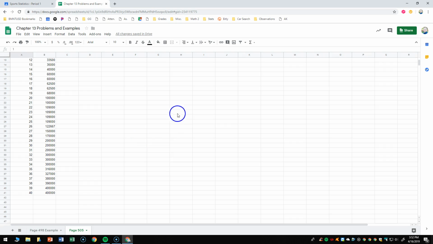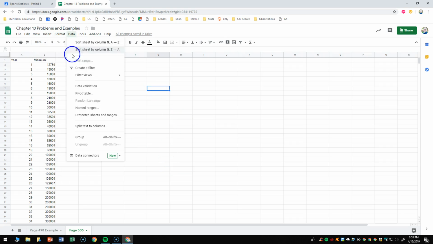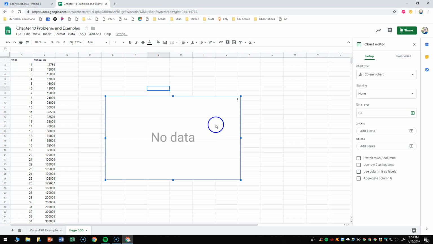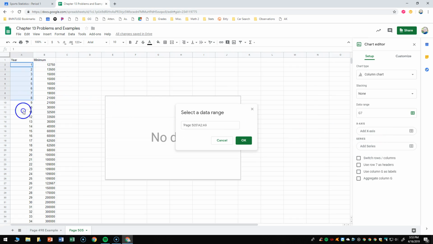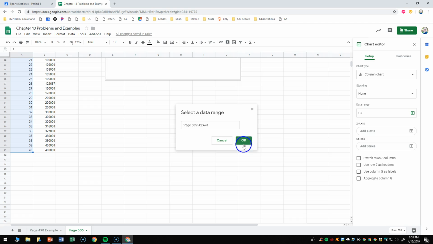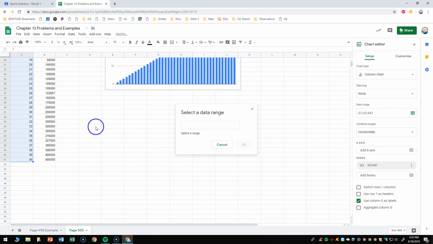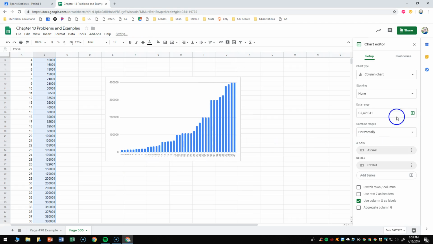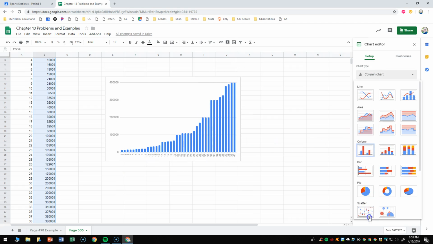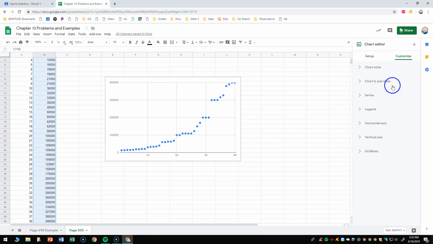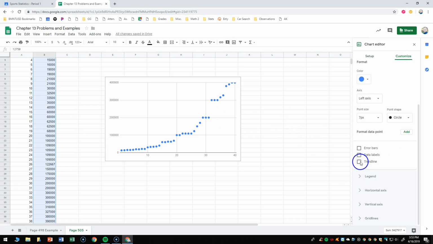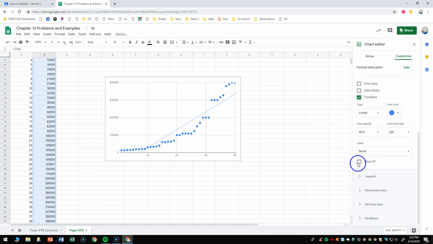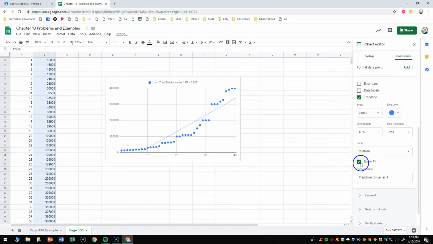First, we are going to insert a chart. Put our X data. Put the Y data. Do that. And we want to make it a scatter plot. Add the trend line, show R squared to give us an idea of how accurate our trend line is. And now we play with the type of